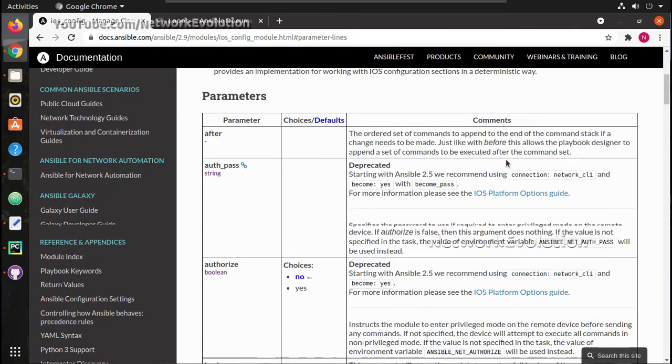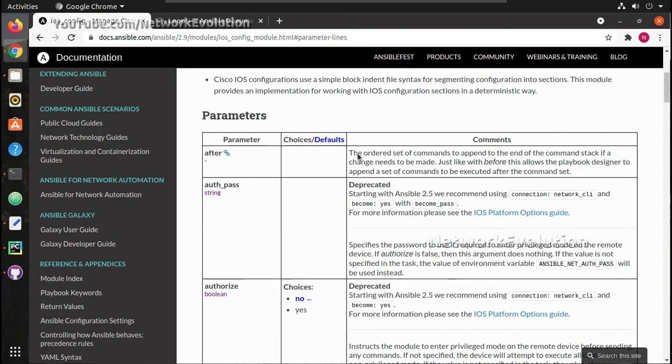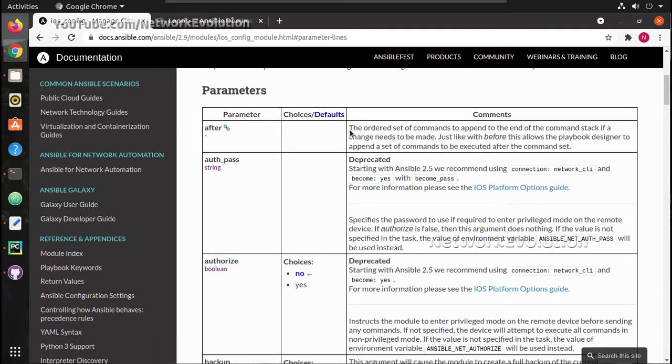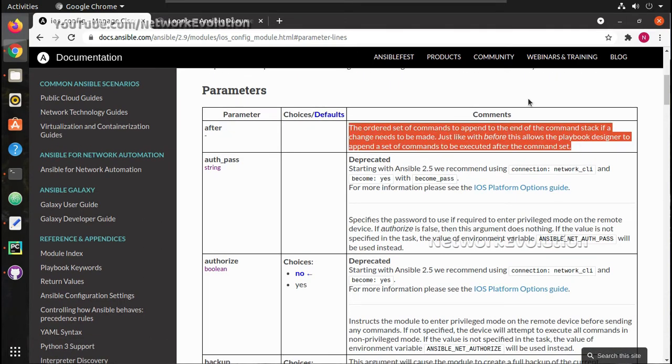For example, the command no shut, I'll just demonstrate with no shut, because the no shut command will not be visible in our configuration, because only for any interface it will be showing only the shutdown mode. If it is no shut, it will remove that shut status from the device. So that to keep the configuration idempotent, we need to keep this as an after statement,